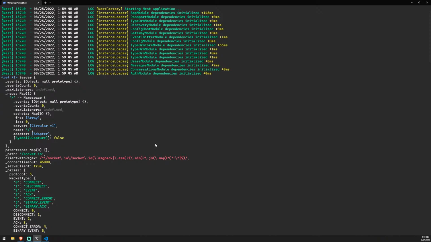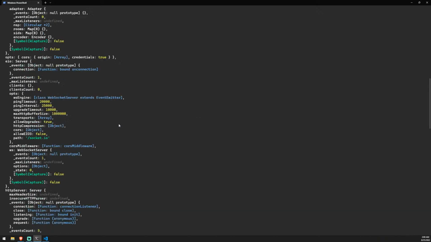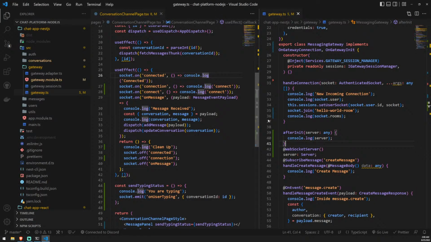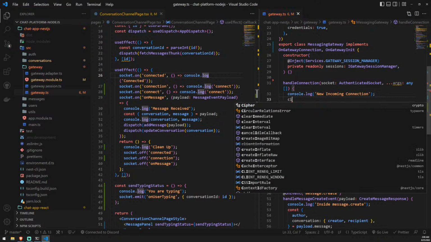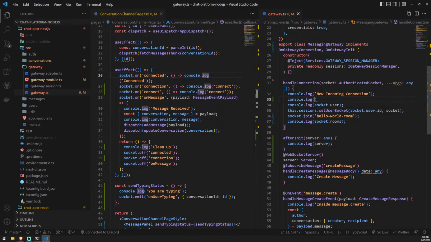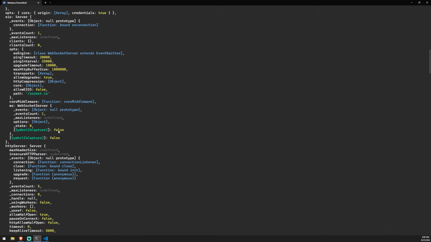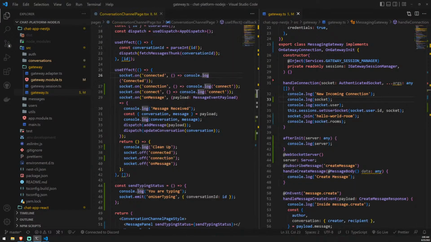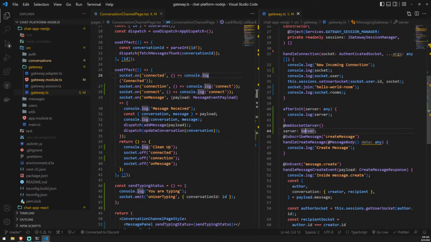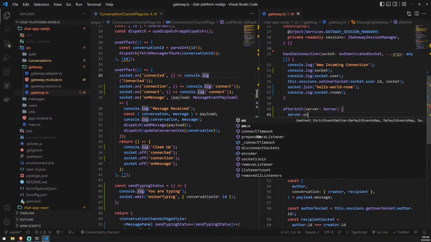Okay, so we can see that we have our server over here. So we have our server, and then we have our socket. Okay, so there are two different things. Let me see, the type annotation of this was server. So if I do server on,